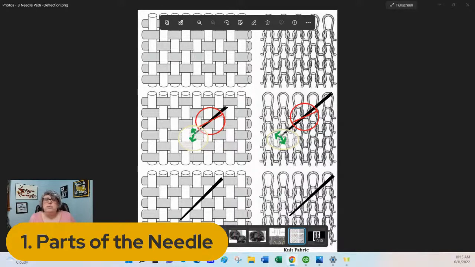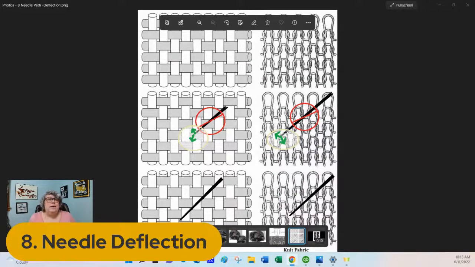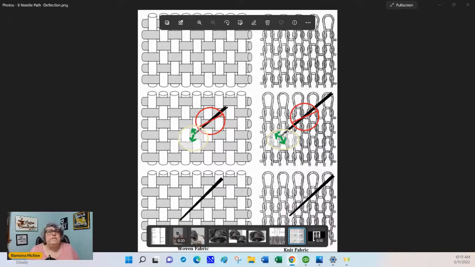It's going to go down, up, left or right, whatever space it needs to go, it's going to find the opening where the yarns pass each other. And that holds true for both woven fabrics and knits. It's not going to try to power through the yarns.